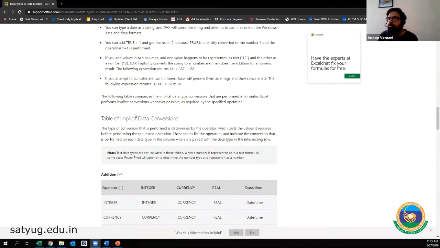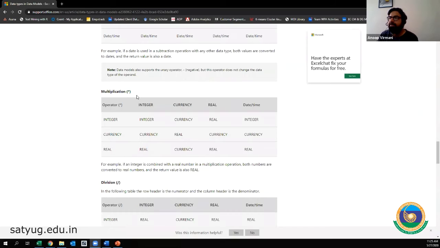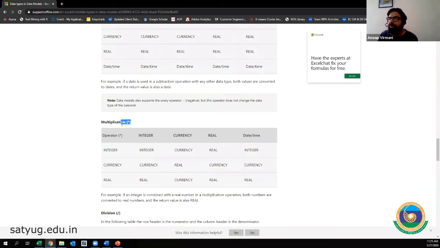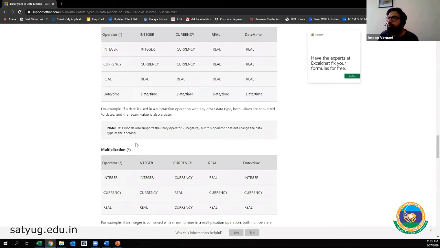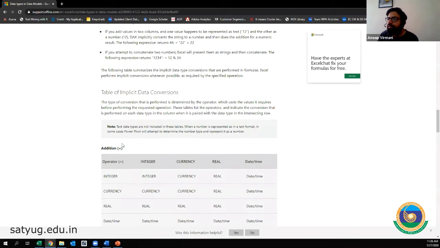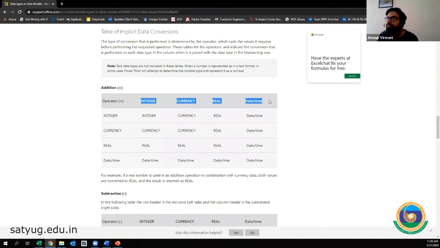So you can go through this link and see in subtraction also, multiplication also, how different kinds of data types are adding, dividing, subtracting, multiplying with each other, and what is the result that you get. So how to read this table, just bear with me. Here I have some data types: integer, currency, real, and date and time.